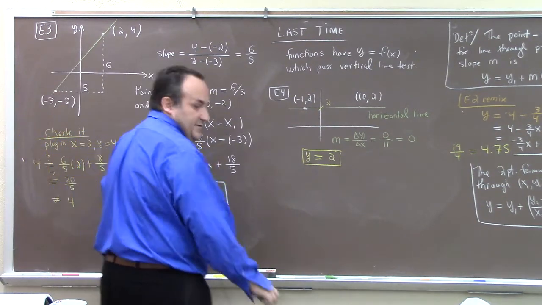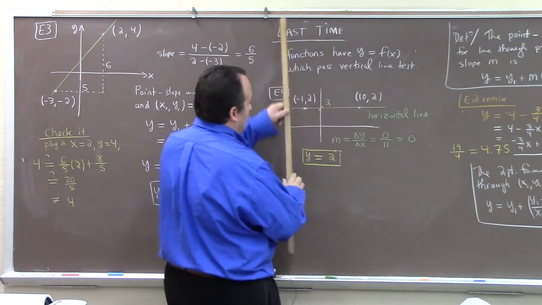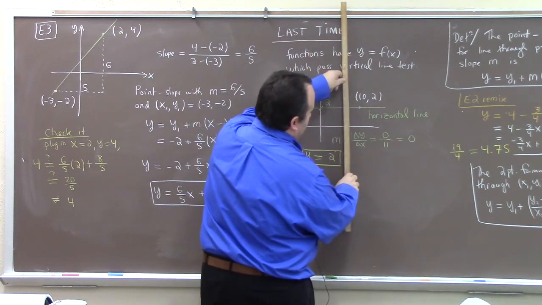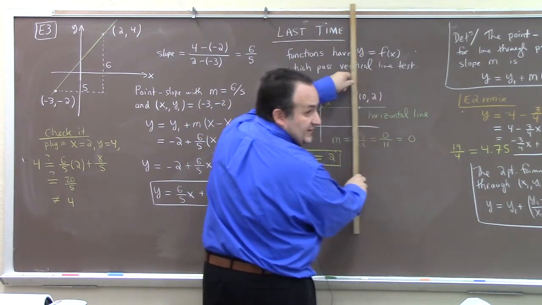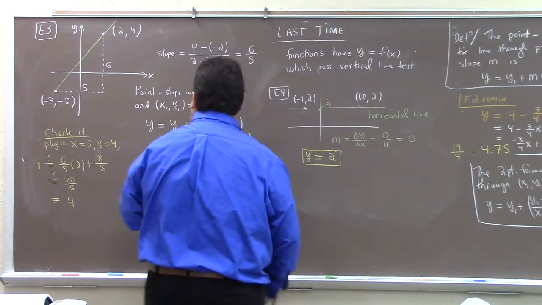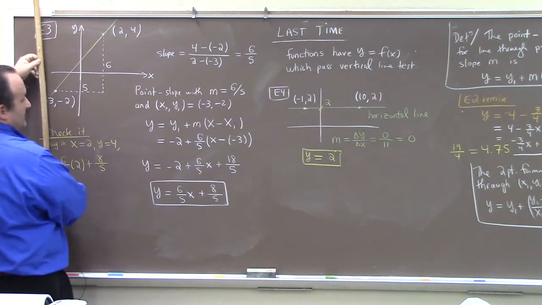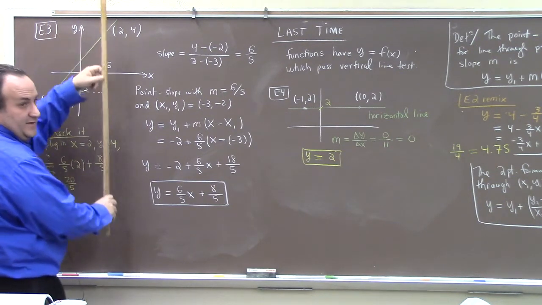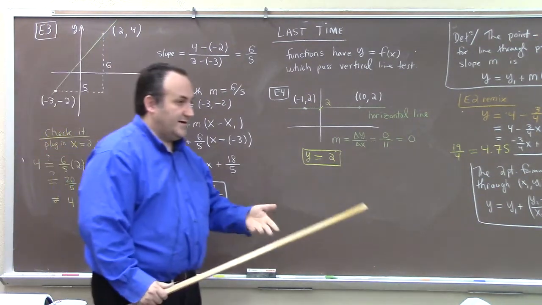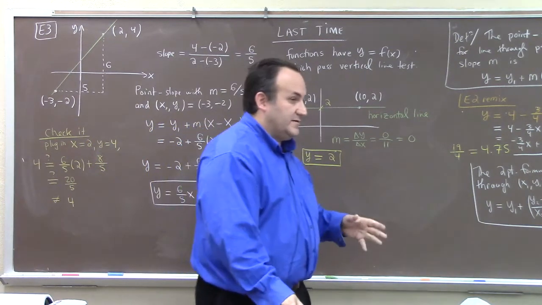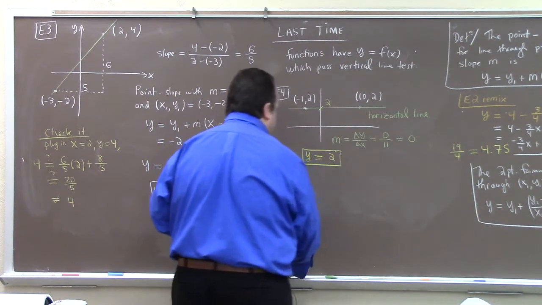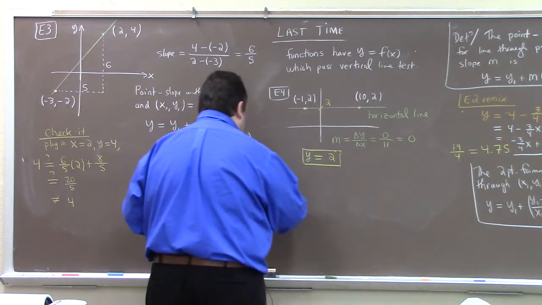It does, right? If you take vertical lines and look at how they intersect the graph, the green line, they intersect it in at most 1 point. Horizontal lines pass the vertical line test. And by the way, lines with slope 6/5 also pass the vertical line test. Everything I've done today so far has been the graph of a function, a linear function, right? However, not every line is a graph of a function. So example 5,